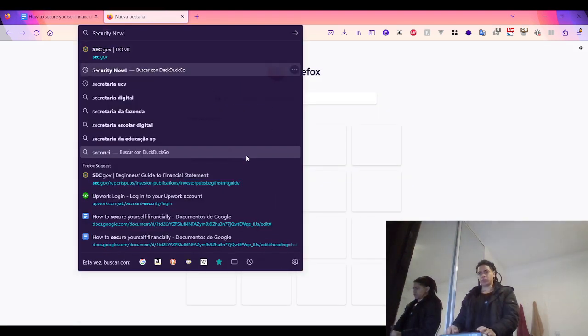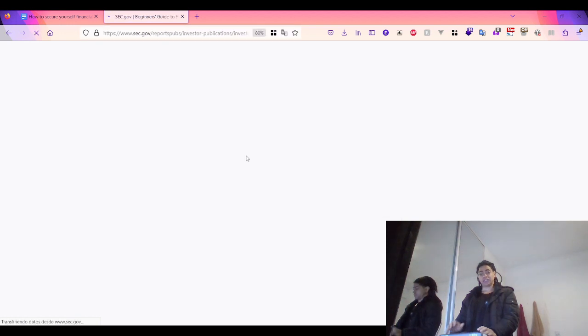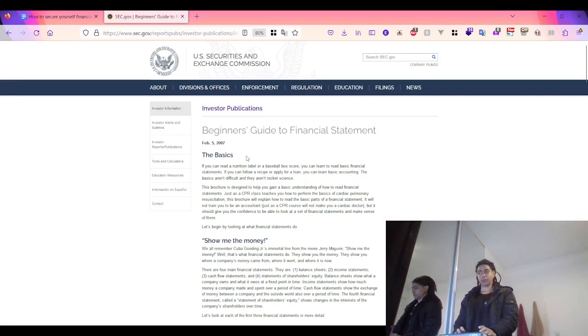Because I was reading about the beginner's guide to financial statements, and to make myself familiar with the concepts: what do financial statements, after all, do? They show you the money. And what are the types of financial statements? Like the balance sheet, that shows what